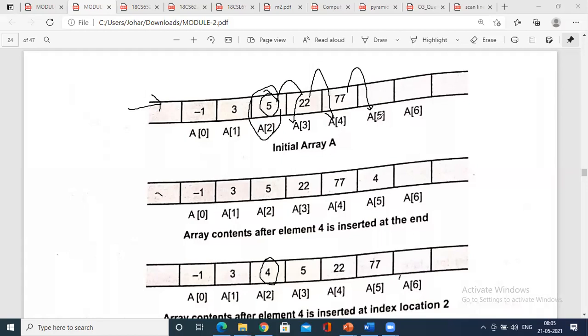In that moment, a of 2 will take the new element 4. So this is how you have to shift the memory locations.